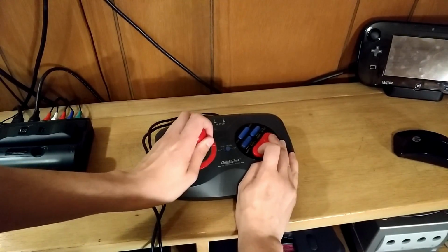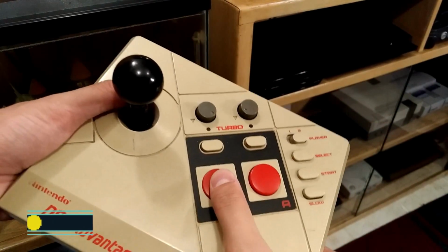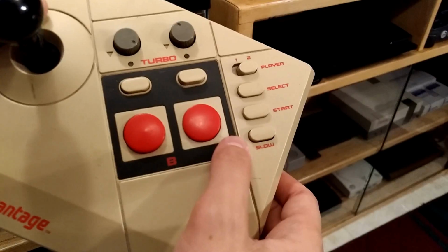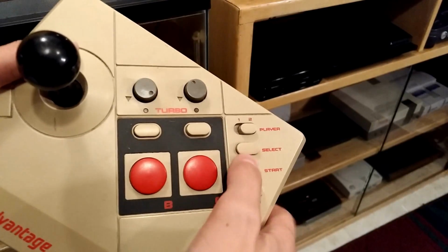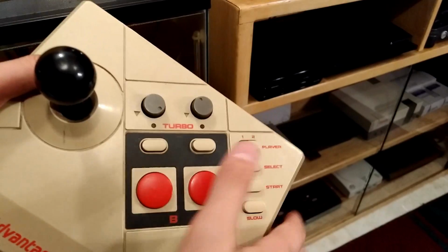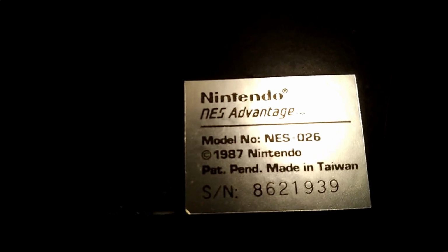If you like joysticks and hate suction cups, Nintendo's got your back. Technically, this isn't a third-party controller, but we'll get back to that. Anyways, here's the NES Advantage. It's got a joystick, 2 turbo dials, 2 large red buttons, and a slow button, which would slow down gameplay by pausing and unpausing really, really quickly. It didn't really work that well. While we're on the topic, here's the NES Max, which was basically a smaller form factor of the same thing. Now, before you all get butthurt that I'm showing an official Nintendo product on a third-party video, these technically aren't manufactured in Japan, which is where most Nintendo products come from, so...